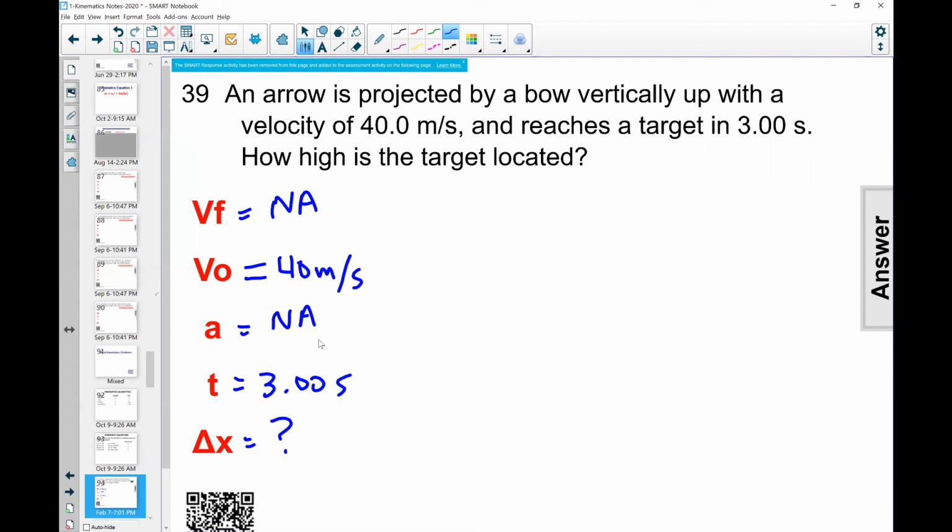The vertical. I didn't hear the end of that. Can you try again? It's saying it went vertically up in the air, and it's saying when it reached its target, so it means it had a negative acceleration up into the air. Okay, good. So we know that the acceleration is going to be negative.